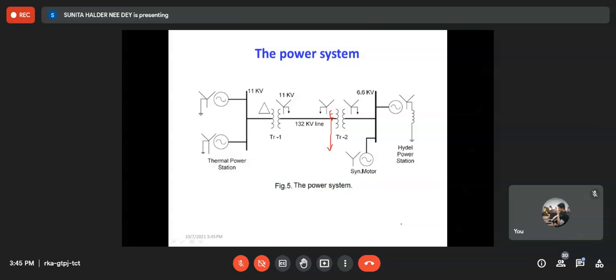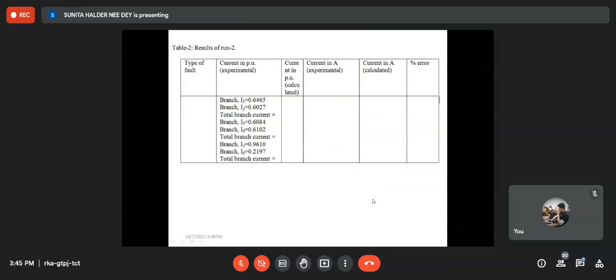So at this fault point, what will be the base MVA and base kV? Ma'am, base kV will be 132 kilovolt, and there's nothing mentioned about the base MVA. No, base MVA we have taken as 100 MVA, no? With that we have converted all the things. So 100 MVA is the base and 132 kV is the line voltage. So root 3 VL IL equals that. So from there you calculate the base current. For base current you must consider root 3, right? So I hope you can complete this table. So this theoretical value you calculate, okay?